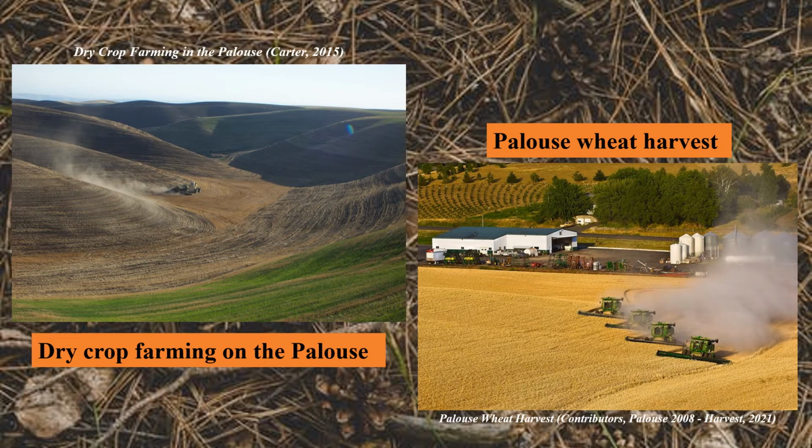Owing to the nutrient-rich loess soils that were deposited over the entire Palouse area, the basalt bedrock beneath, and the hilly nature of the topography, the agricultural industry in this region is thriving. The basalt bedrock beneath the loess soils does not allow water to easily drain through, enabling crops to grow year-round without irrigation. The hilly topography allows farmers to grow more crops per square acre than on flat ground.